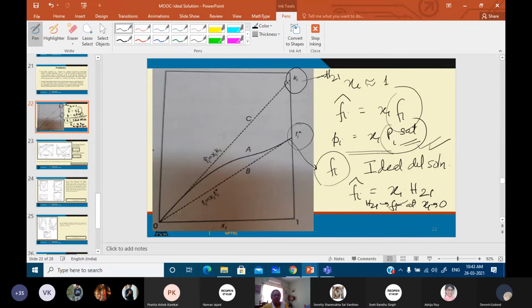I think I am clear enough. Is this part clear to all of you? Yes, ma'am. Now you tell me, we have dealt with ideal solution. We have just mentioned ideal dilute solution. Now you tell me that when you come to a non-ideal solution, what are the immediate things that you expect?